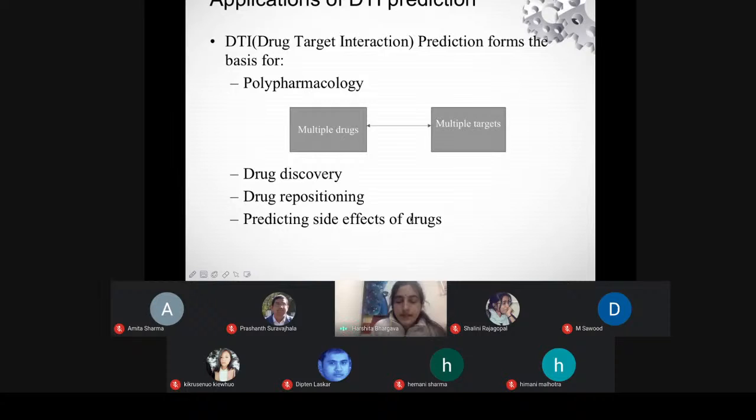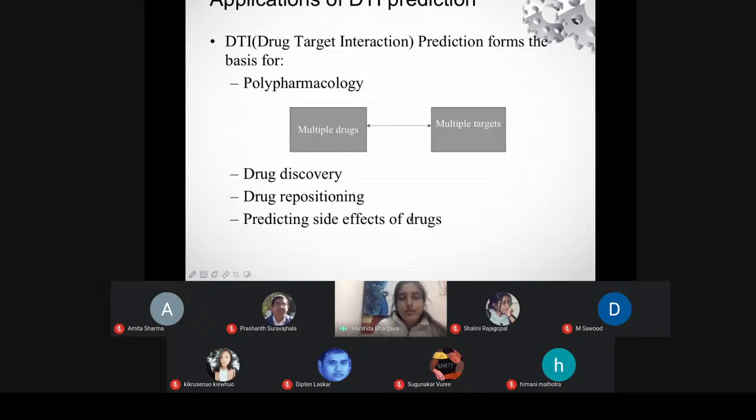Now these recommendations of course they have to be followed by the wet lab experiments in which you can detect, you can predict for the side effects too, because these separate targets जो multiple targets आपने यहाँ पर recommend किए हैं, these targets can be responsible for the side effects. Okay, maybe that is a side effect, maybe it is not a side effect, so that may initiate, ठीक है, वो यहाँ पर inhibit कर सकते हैं, they may result into some side effects. So you can use these results in predicting the side effects too. So this is the basis.